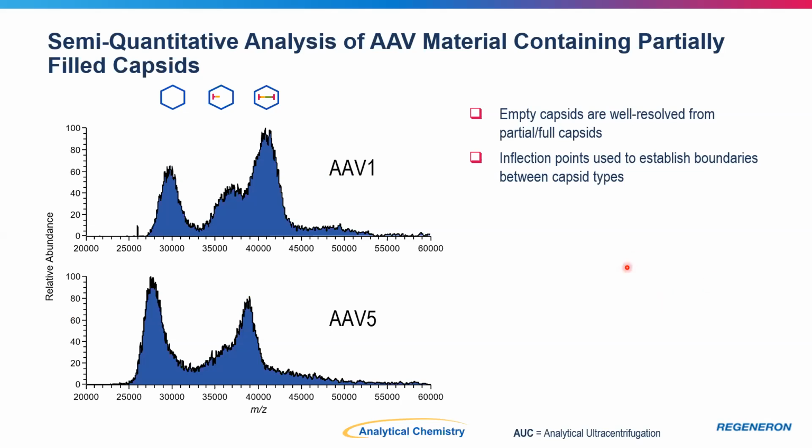Next, we wanted to evaluate quantitation for more complex AAV samples that contained varying levels of partially filled capsids in addition to empty and full capsids. So for both AAV1 and AAV5 samples shown here, we can see that the empty capsids are reasonably well resolved, whereas the signal from the partial and full capsids shows some degree of overlap. So as a more straightforward approach for obtaining semi-quantitative capsid content ratios, we use the inflection points in the spectrum to establish signal boundaries arising from the differentially filled capsids. And we use the extracted signal from these regions to perform the relative